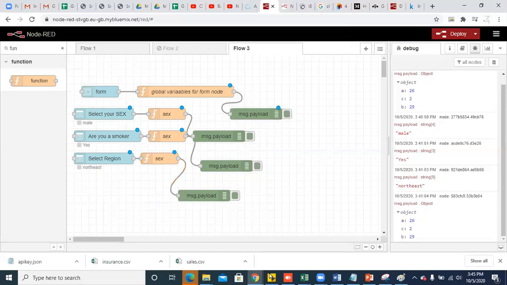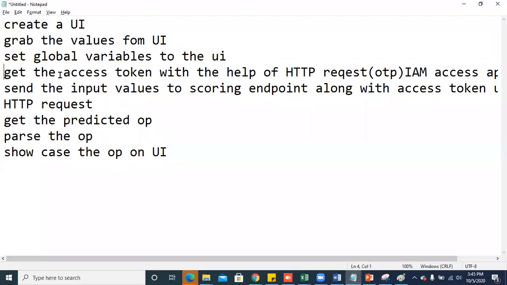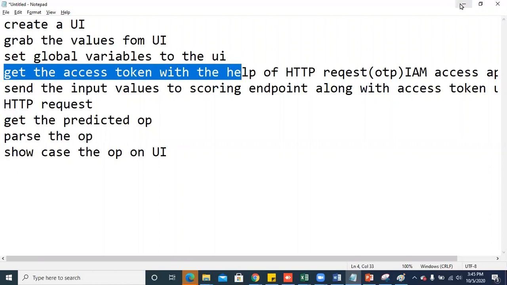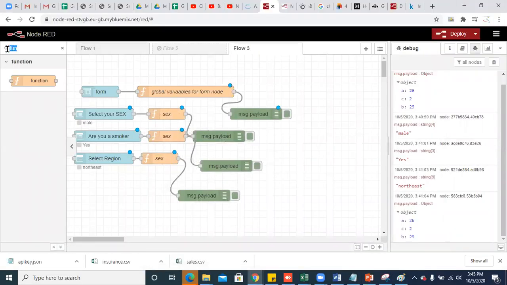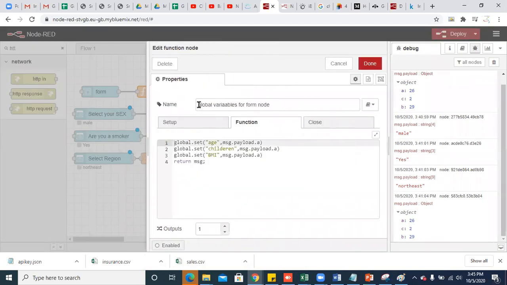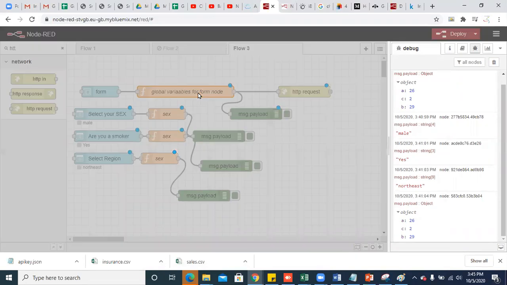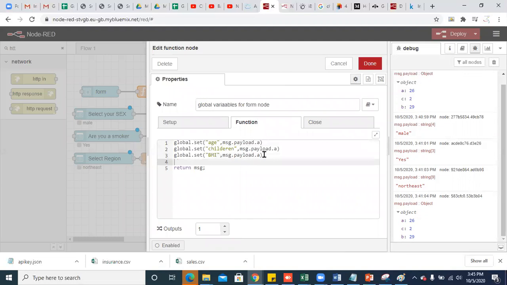Once this is done, then what's the next step? Next step is to get the access token, right? So here, let's grab the HTTP request node. HTTP request. So here I have to send the API key as payload. API key as payload. So for that, what I do is in the function node, I will create a variable